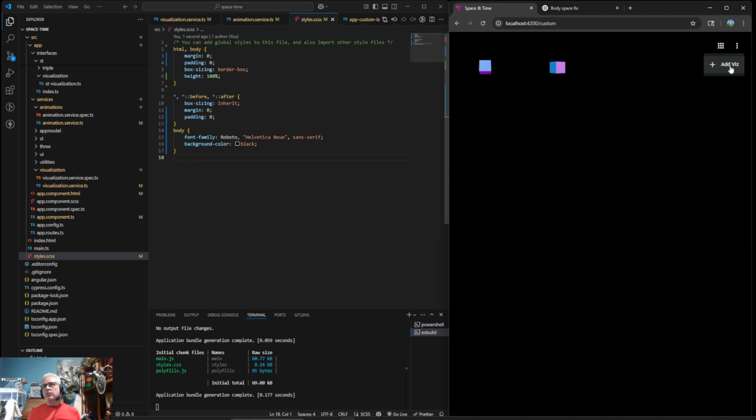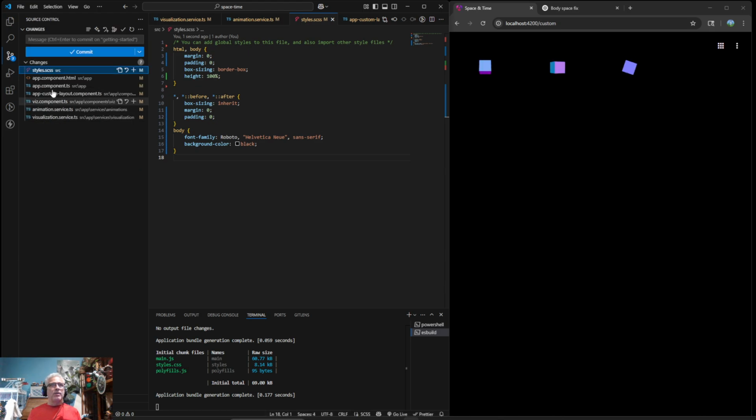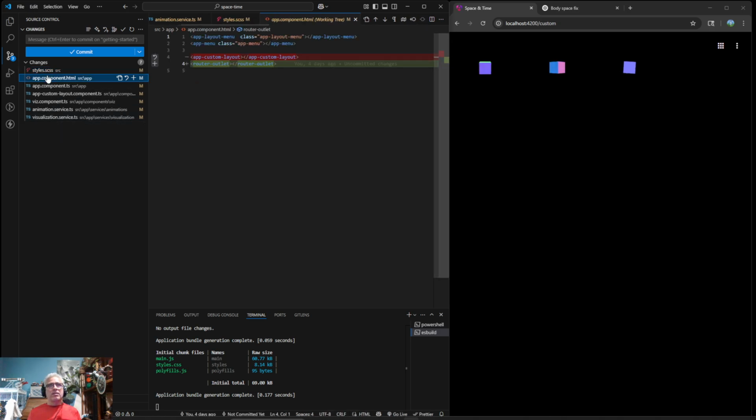Let's see, and so now I'm wondering, okay, so what do we have? I wonder if this is a good commit point. And I don't know if there are any testing changes needed.